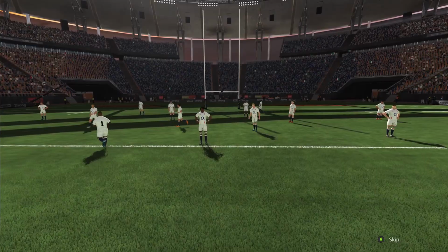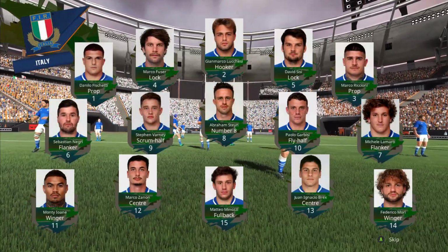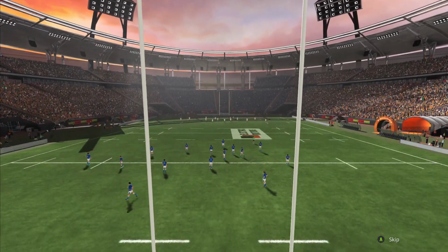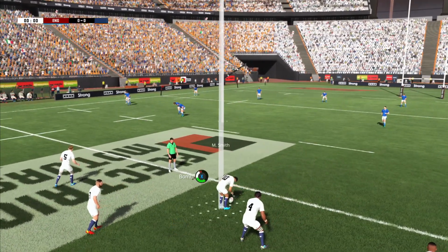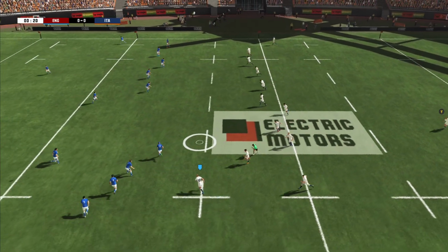England last week managing to have a great win over Scotland, a hard fought match. But one of the big talking points from last week, Italy getting the win over France. One of the biggest outcomes I think we've ever seen in this series of the Six Nations. We'll see how Italy managed to keep that momentum going in this game as Marcus Smith gets us kicked off